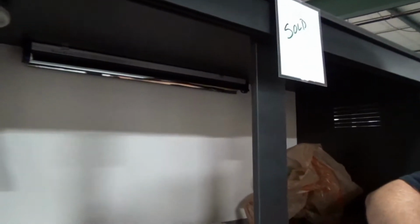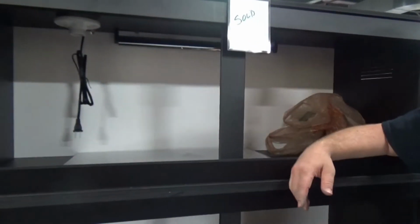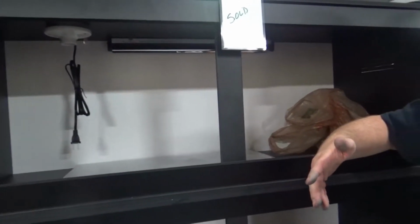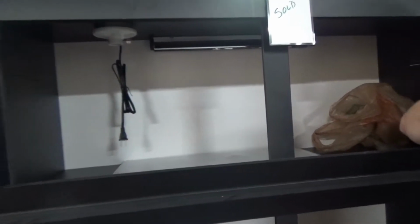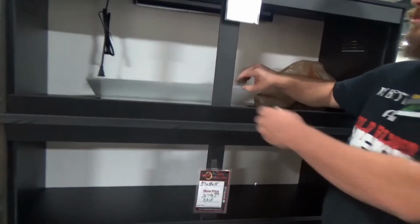The biggest advantage of that, again, is heat retention. You don't have any escape of air coming through here. So everything's retained a lot better. Your UV is right there. You don't have to worry about that UV fixture, having to take that off, take the heat fixture off to feed your animals. And the best part is, with these doors,